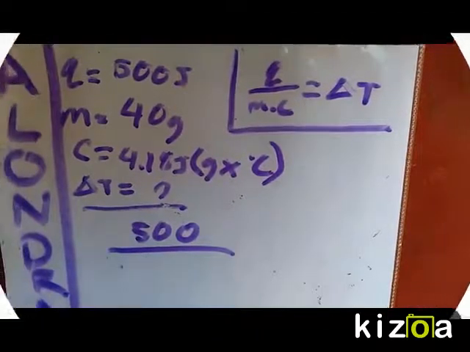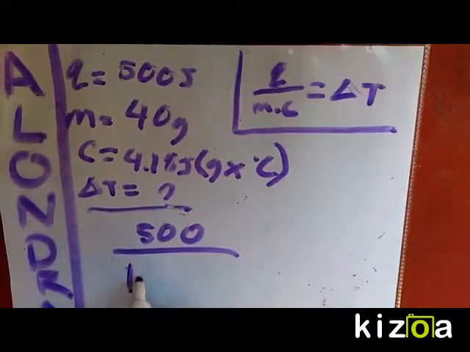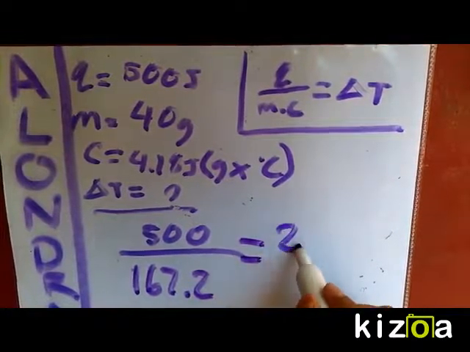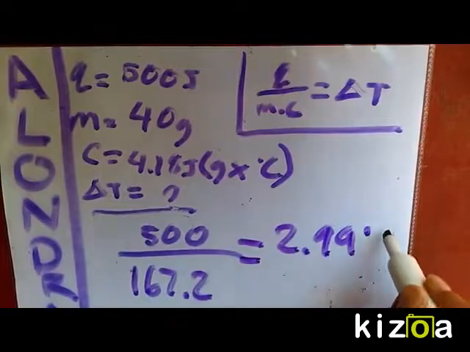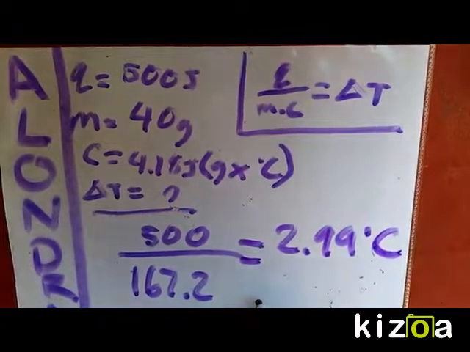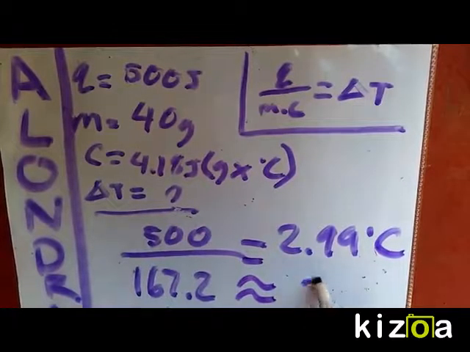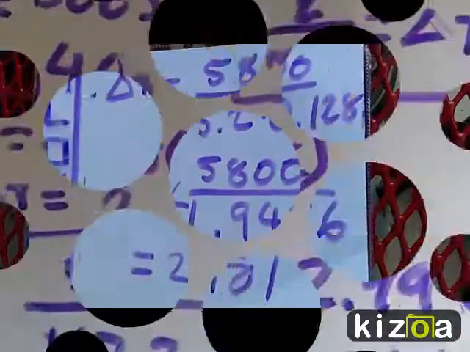So we get 167.2, and this would equal 2.99 Celsius. So we have to round this, so it's approximately 3, and the answer will be